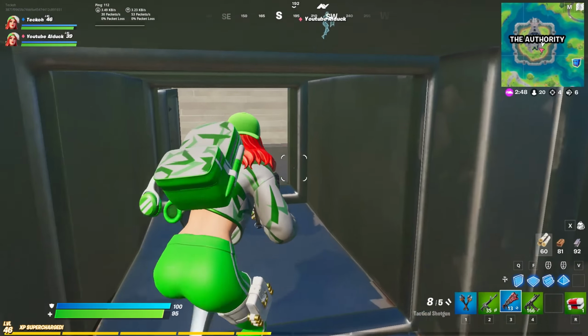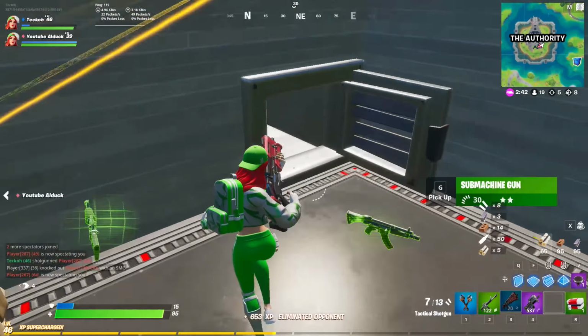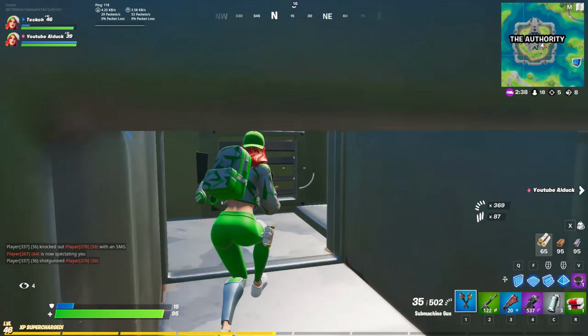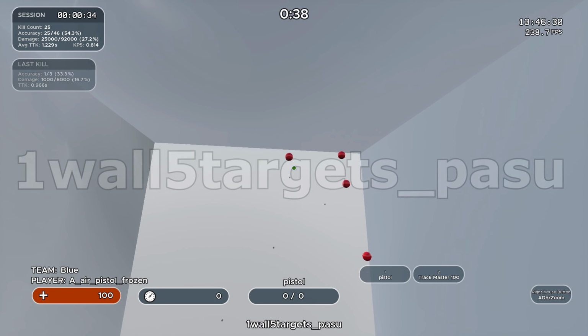So basically what I'm going to be doing is quickly going over a few scenarios that I find help my shotgun aim, and also some scenarios that I've seen aim coaches and top level players include in their routines for shotgun aim related reasons. The first scenario that I like to use for shotgun aim is called 1 wall 5 targets